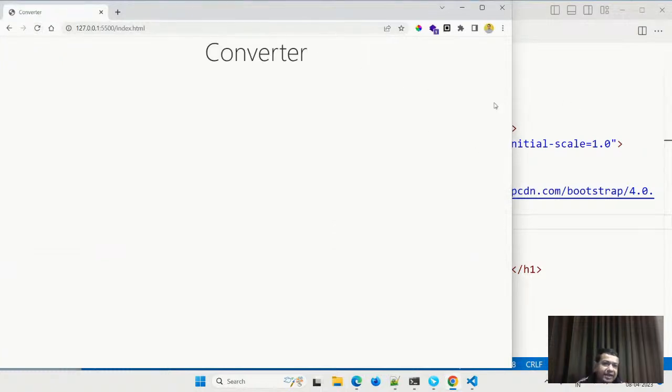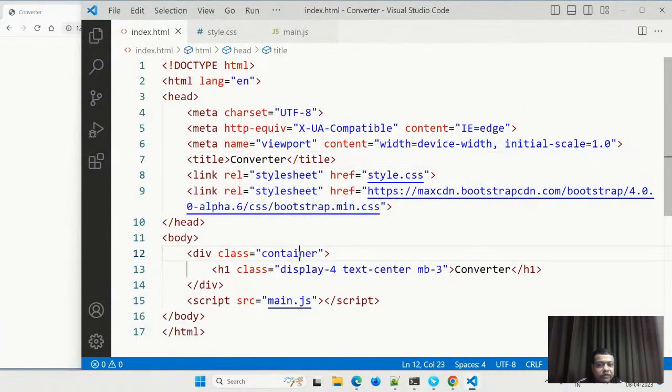see, this converter is exactly at the center. How did it happen? Because I've given this container, display, and text classes. This is happening because of Bootstrap. In that you don't even have to give the CSS. Okay, so if you want to learn, again I'm telling you, attend our Bootstrap classes. So let us add some more here. Here, what I'm going to have is a button.